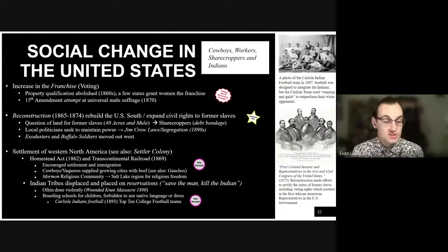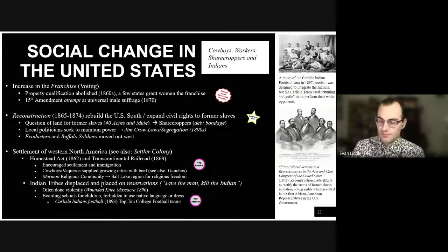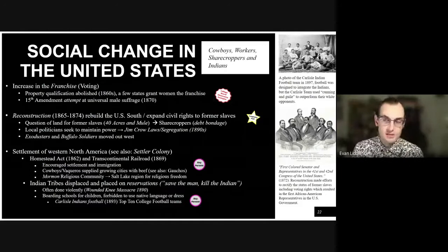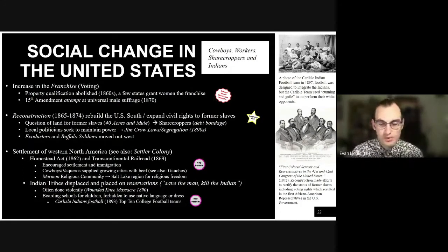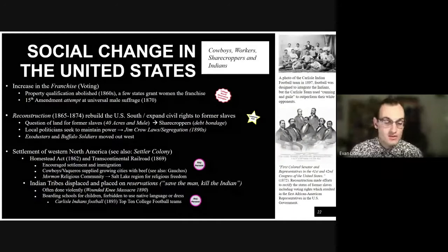One of the ways they tried to do this was by introducing the game of football, which was at this time becoming very popular around colleges. And in particular, the Carlisle Indian football team, which I have a picture of up here in the top right-hand corner, actually became one of the best football teams in history. If they were still around today, they'd be one of the top 10 college football teams of all time based on their win-to-loss records. If you want a really interesting football story, I recommend looking up the story of the Carlisle Indian football team.